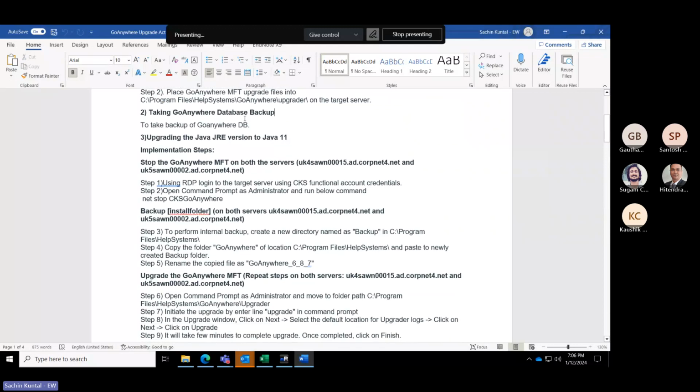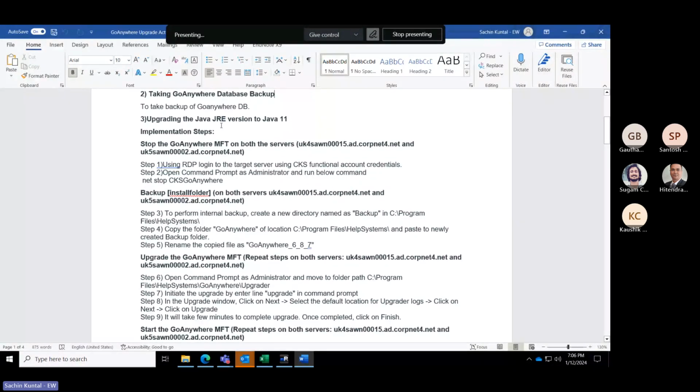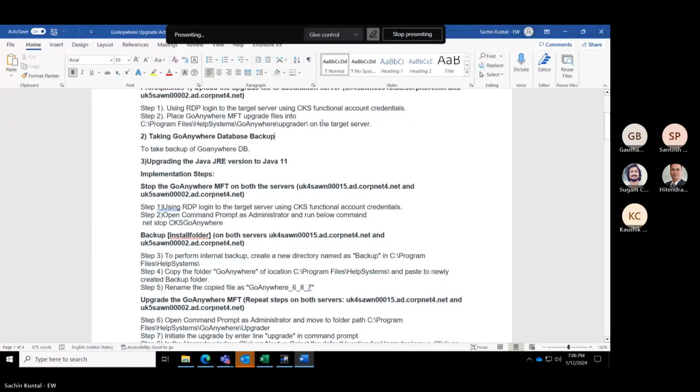Once we get the confirmation from Lucas, the next step, during the change, is to take the backup of the GoAnywhere folder.